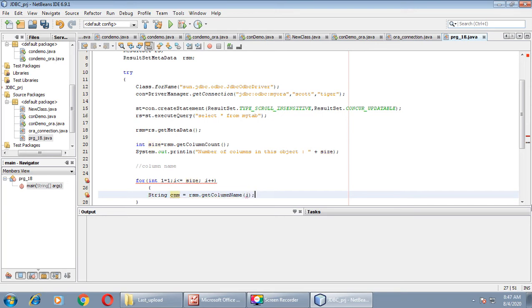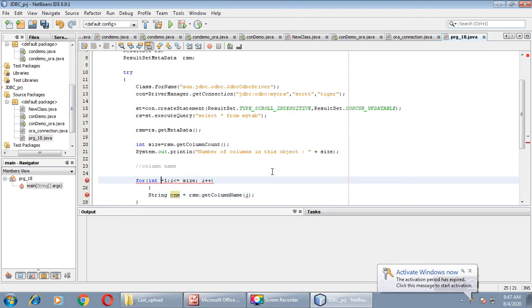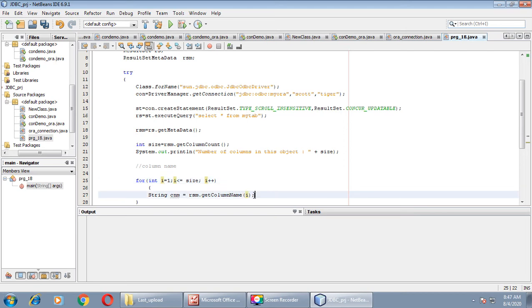We need the name of first column, that's why I have passed I as a parameter. I is initialized inside the for loop, right? So here we want the name of first column, and during the second iteration we will get the name of second column. During second iteration the value of I will be 2, and here in this method 2 will be passed, right? So we'll get the name of second column.